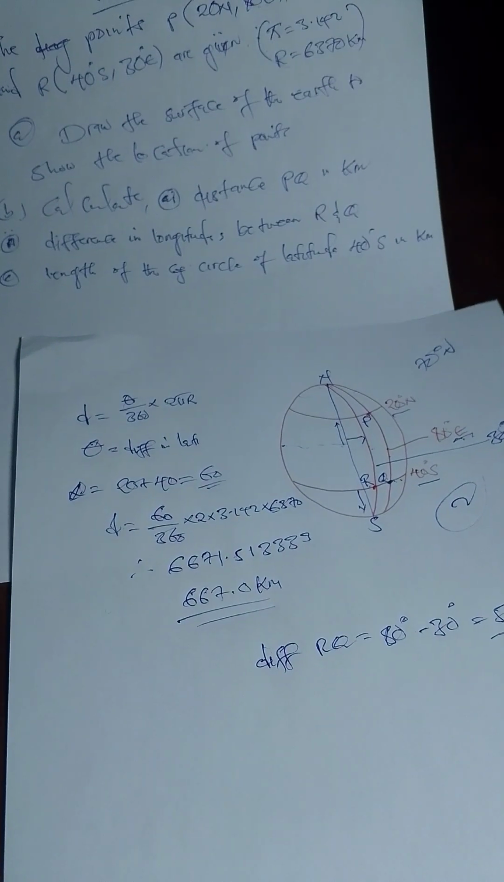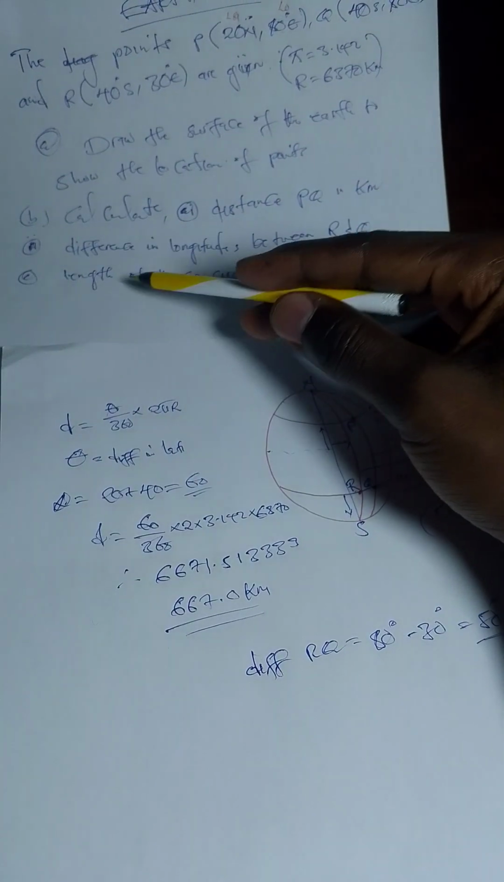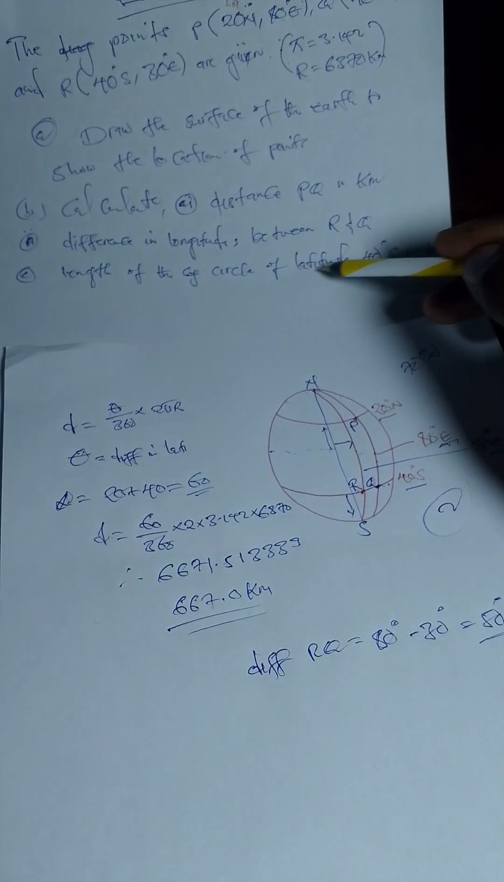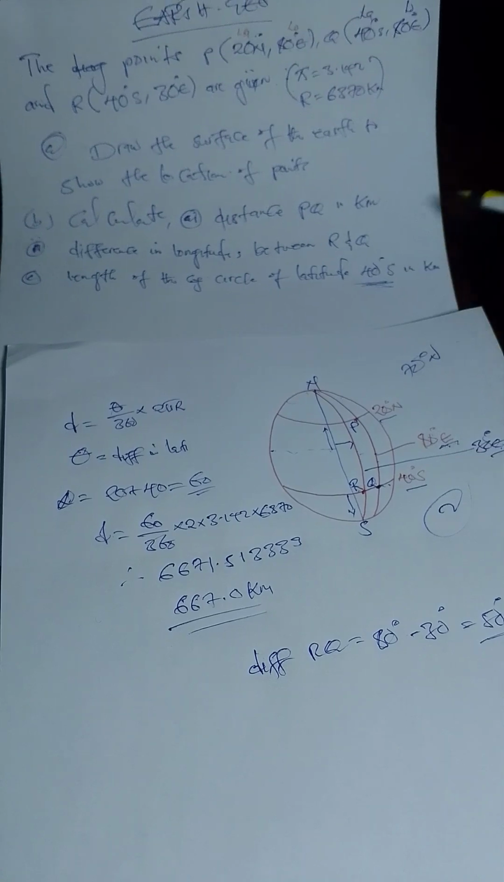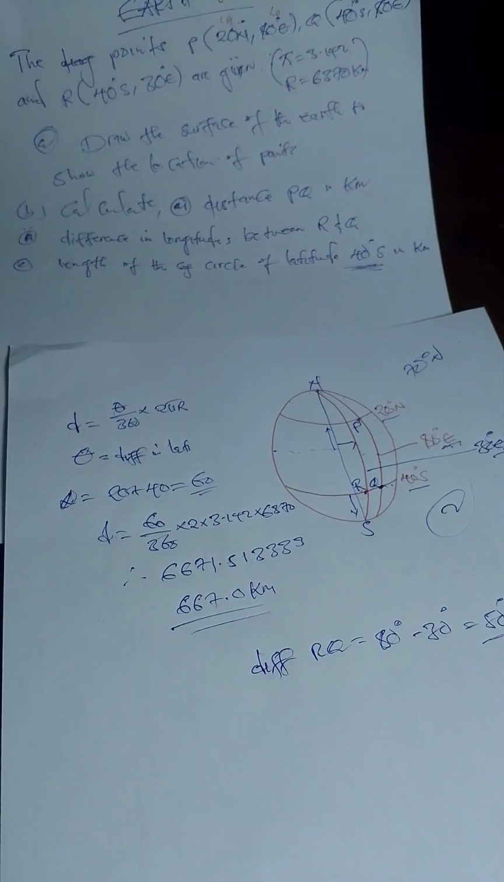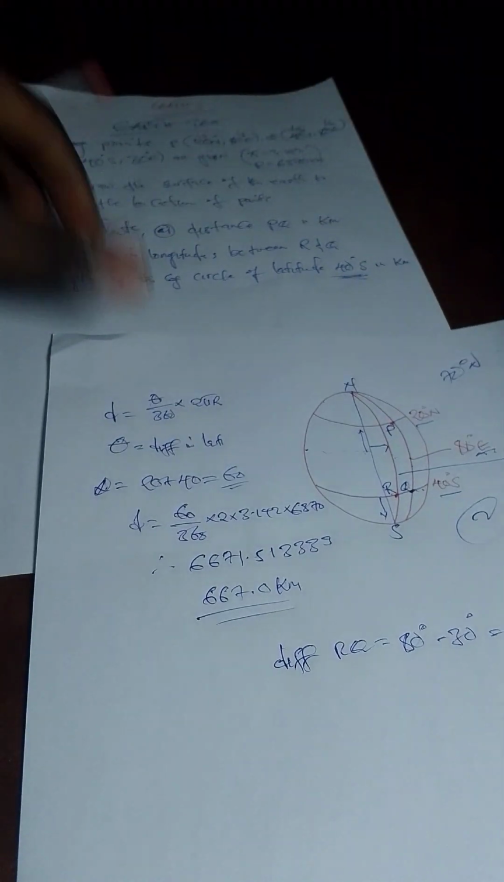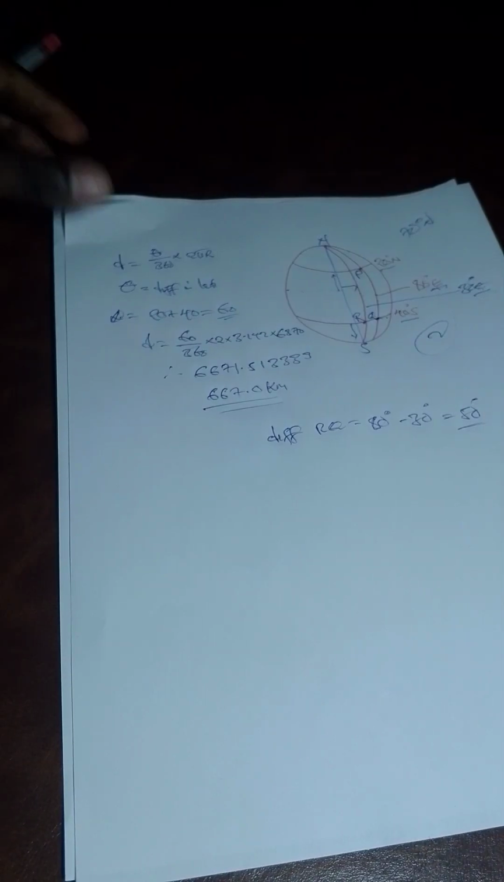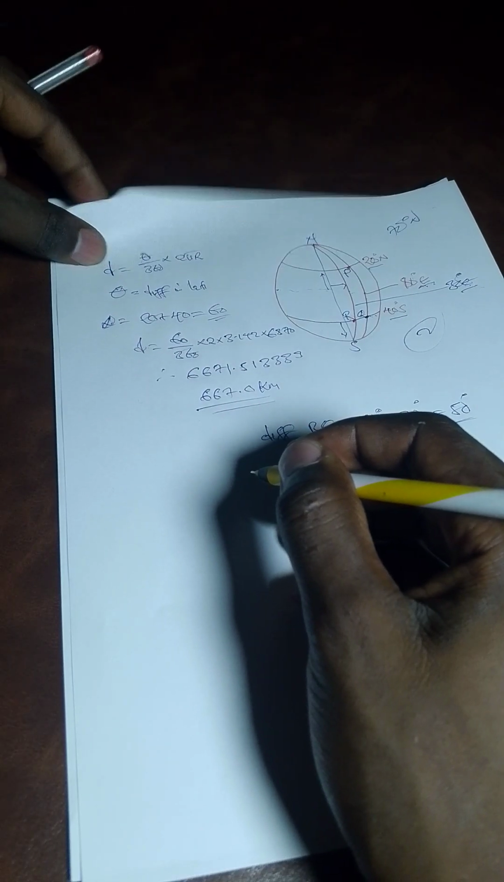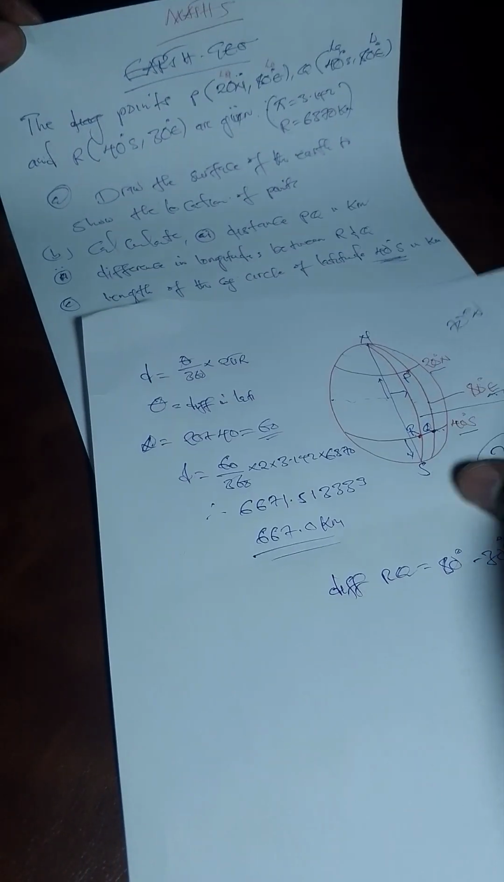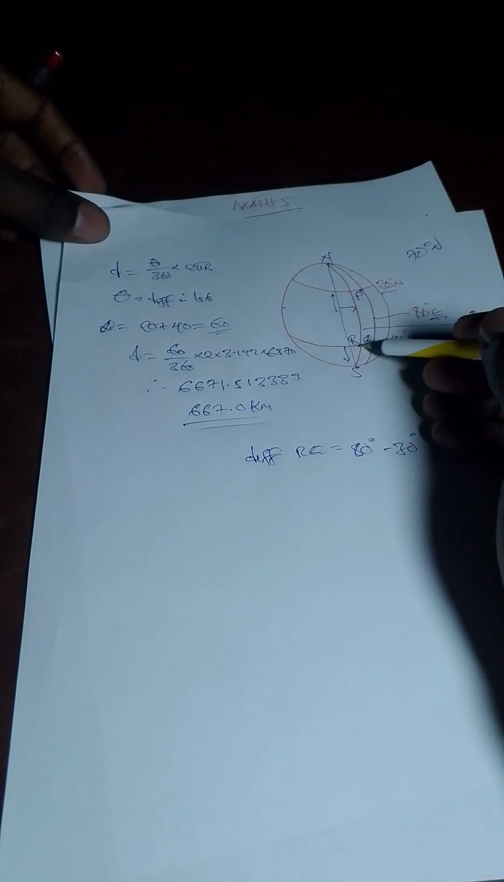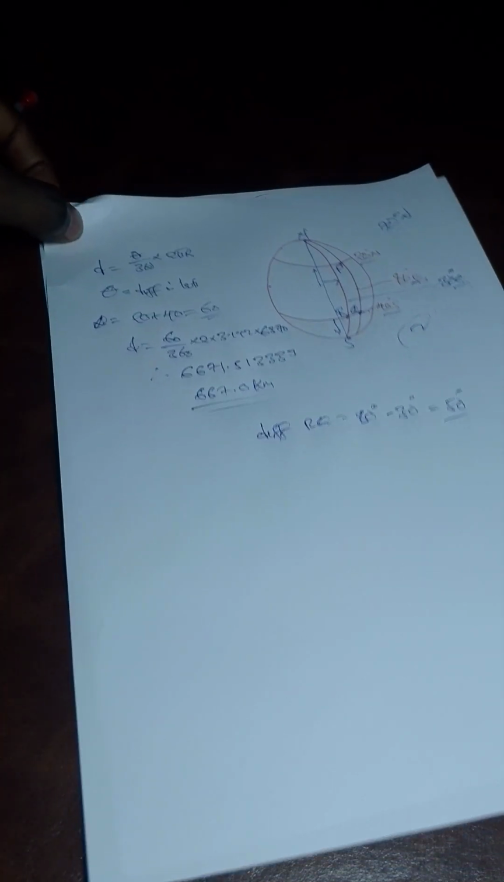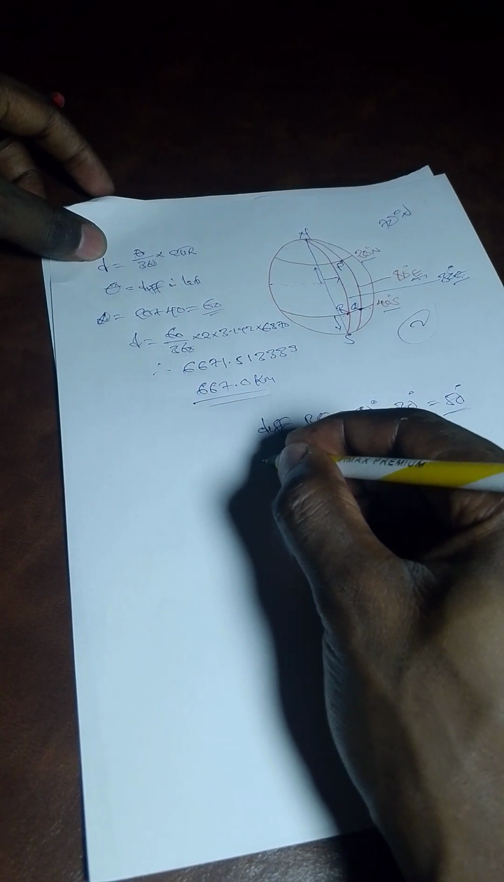Then the last question is saying length of the circle of latitude 40. Length of a circle of latitude 40 in kilometers. So simply length is same as circumference. Length is same as circumference of a circle. So we know that since it is in latitude, it is in latitude 40. So looking at this point. So circumference. So length